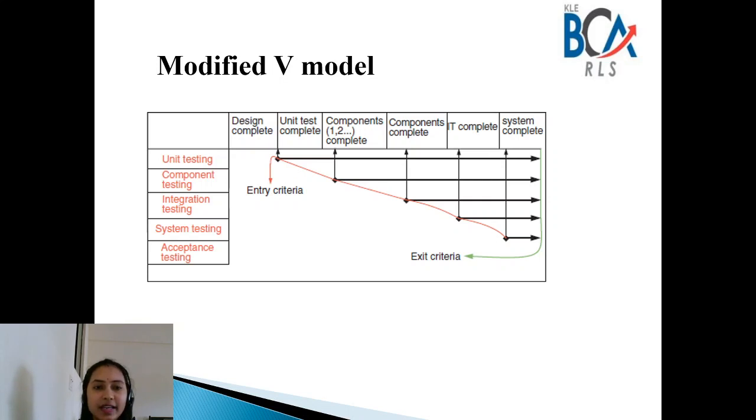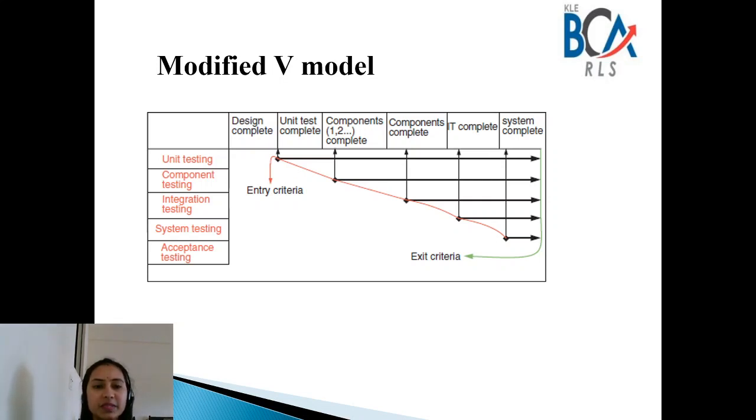Entry criteria and exit criteria are nothing but specific criteria you have to meet to perform some specific testing. For example, to perform your unit testing, you must reach the entry criteria, which is that you have to finish all the coding part, and only then can you enter the phase of unit testing.